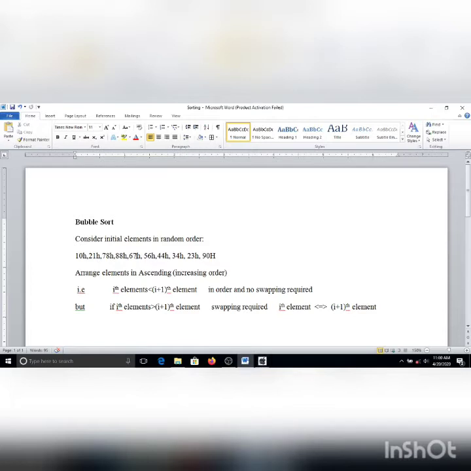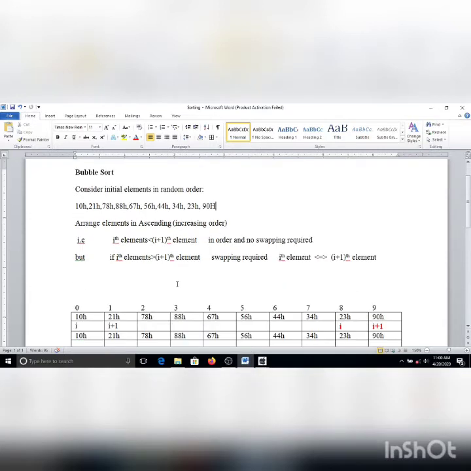For example, let us take these two elements, 88 and 67. Here the first element is not less than the second element; the second element is less than the first. So swapping between these two is required. At this position we need to perform the swapping, and so on. In this way, when we compare consecutive elements, in the first pass the highest, or largest, element will be bubbled out. That's why the name of the sorting technique is bubble sort.